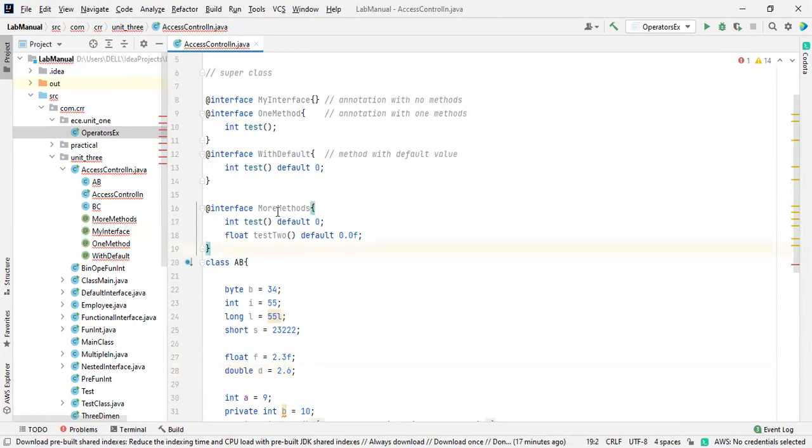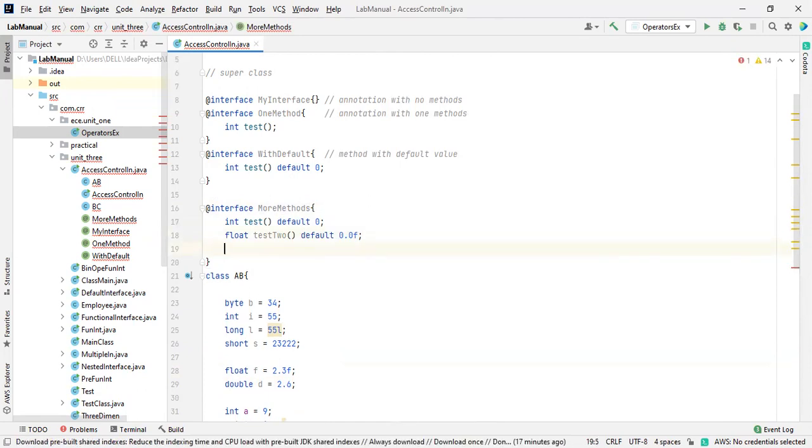Here the annotation consists of more methods with default values. Again, I'm going to take this as a string. Yes, a string is also possible, like str, and there should be braces. By default it is null. So this is how we are going to take everything, and directly we can take it.